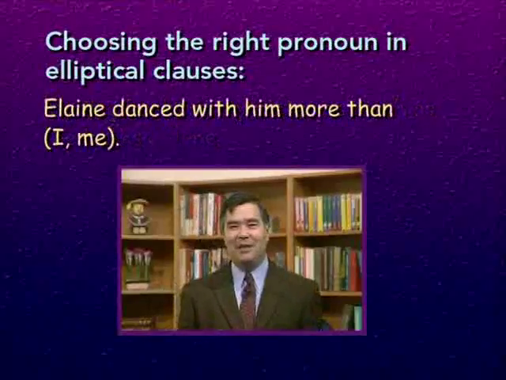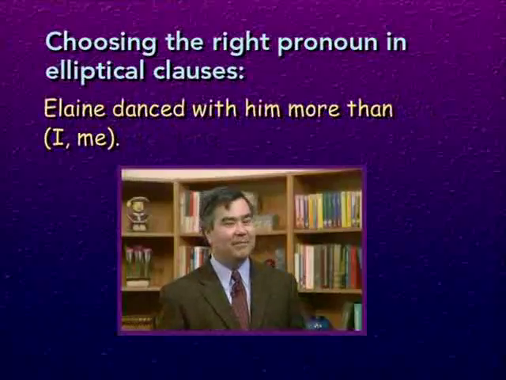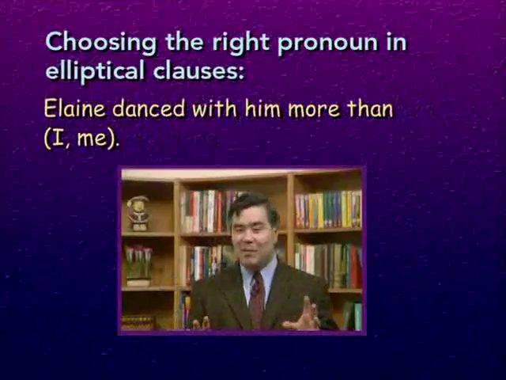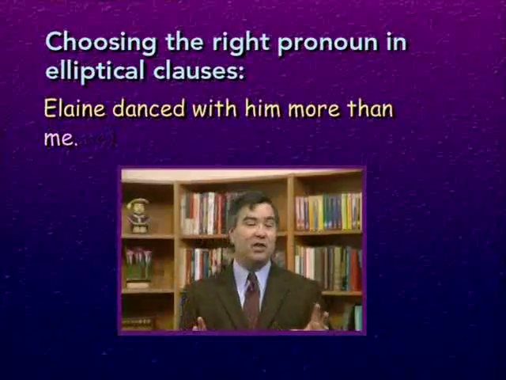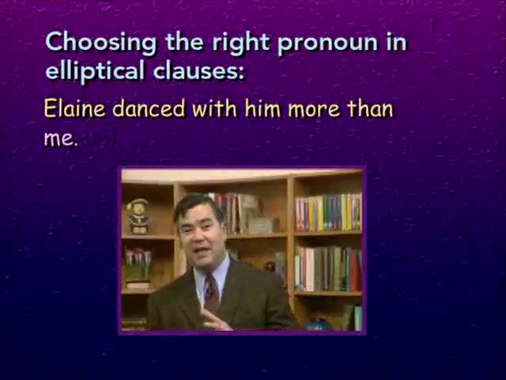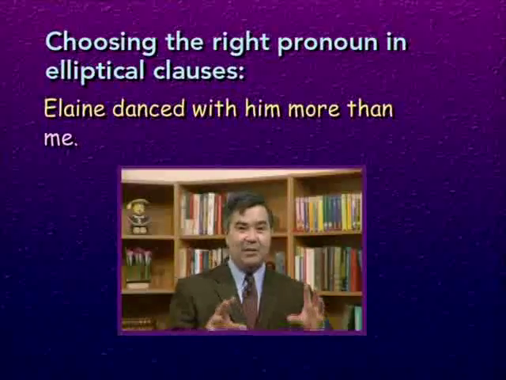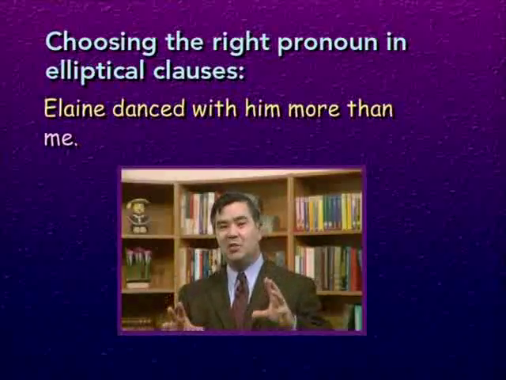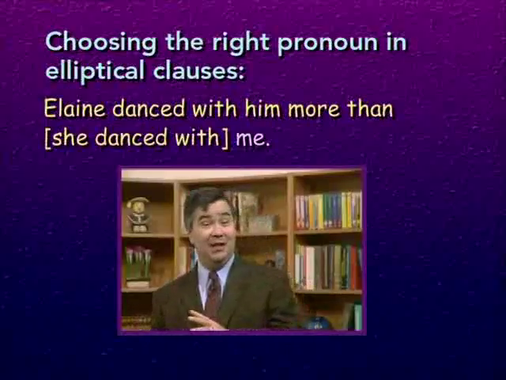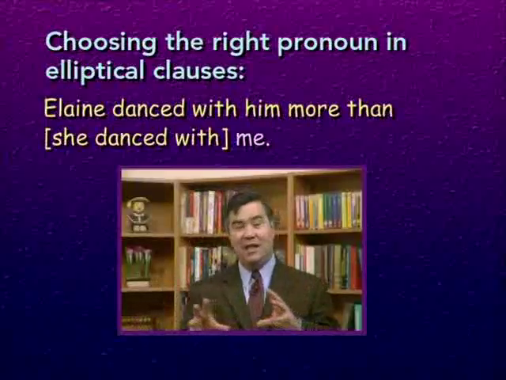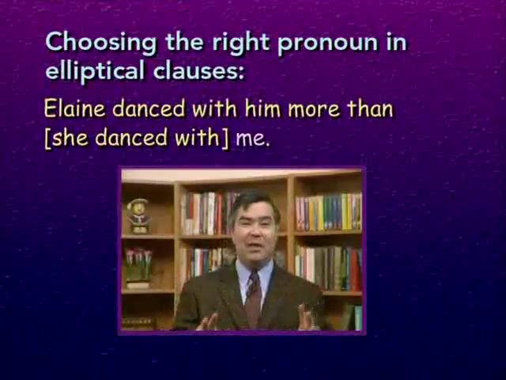One more example. "Elaine danced with him more than I or me." Here, the sentence is somewhat ambiguous. Probably "me" is the correct choice if we assume, for example, that a man is speaking and that men and women tend to dance together. Because under that interpretation, the sentence would mean, "Elaine danced with him more than she danced with me." And since "me," the object form of the pronoun, would be correct,